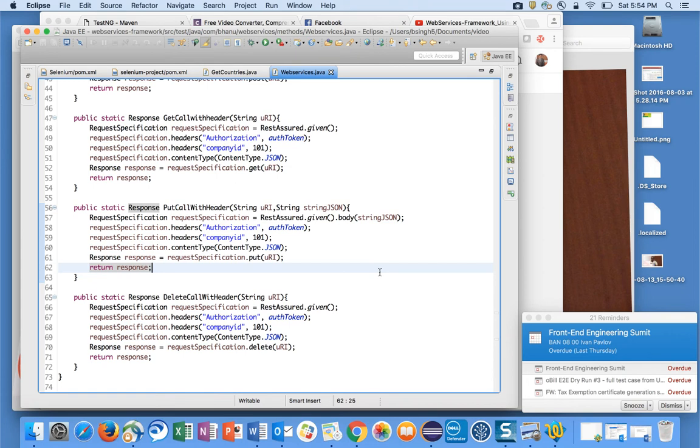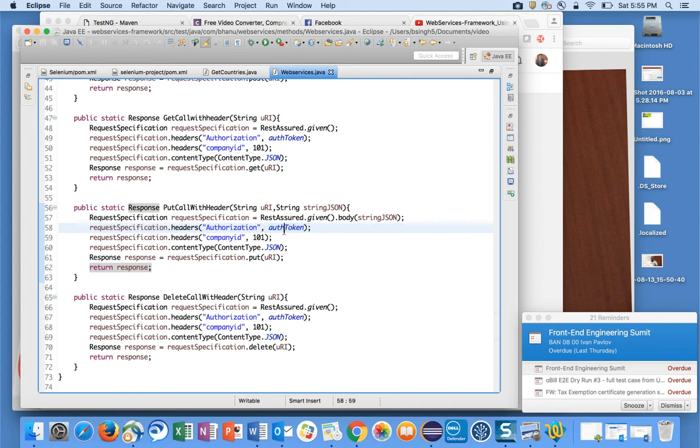Now you'll be wondering, what is this auth token? What is this authorization? Generally what happens in any application in a company, when you log in through web services, you get some authorization token, and you need to supply that token with the corresponding calls. Sometimes there will be some other headers, like a company ID or something else, which you need to supply with the calls. Generally these things are fixed and will not change. Only the auth token, or some key, will change.